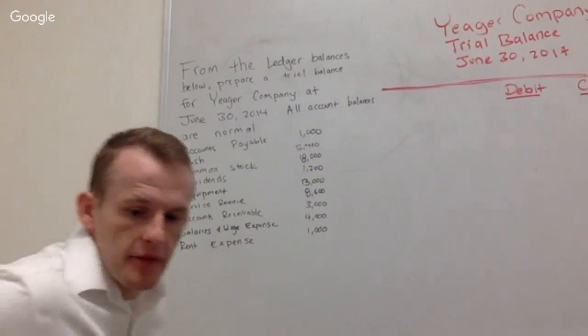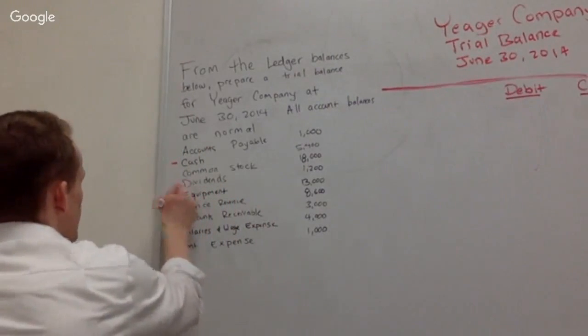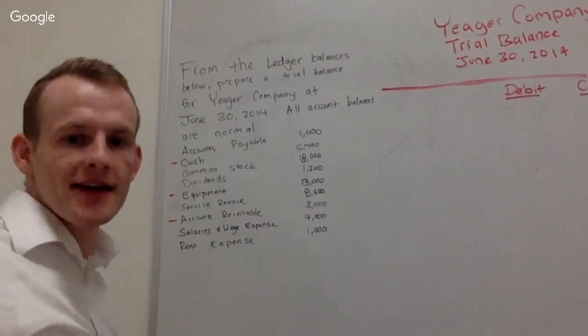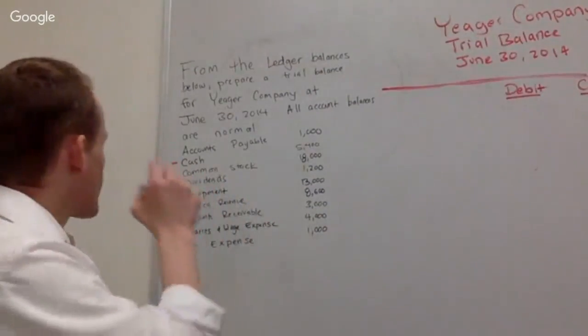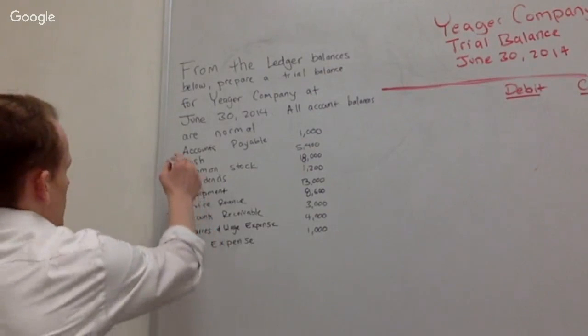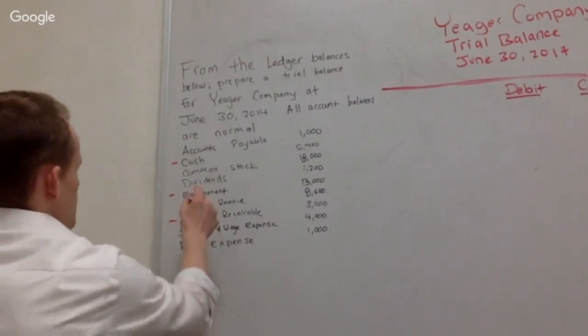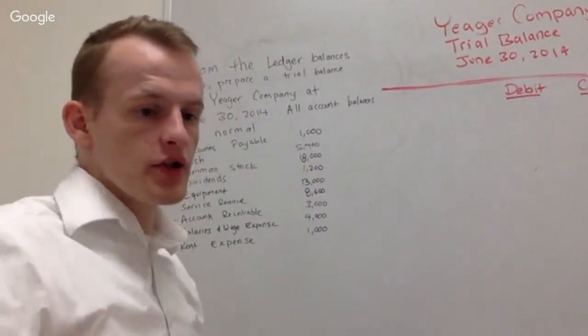Okay. From that point, oh, you know what? Actually, our equipment is as well. Sorry about that. So our equipment, we have 3 assets here. They're going to be our cash, equipment, and accounts receivable. Not in that order. It will actually go up cash, accounts receivable, and then equipment. Then we'll kind of move on to our